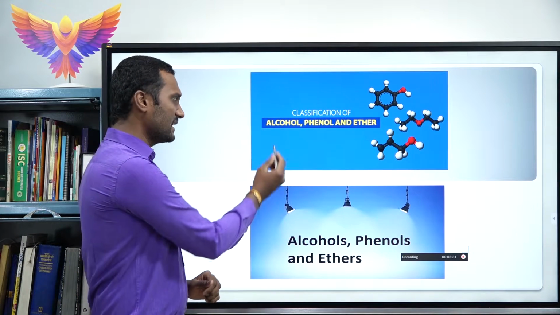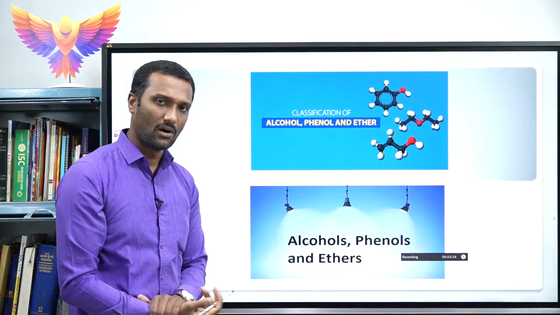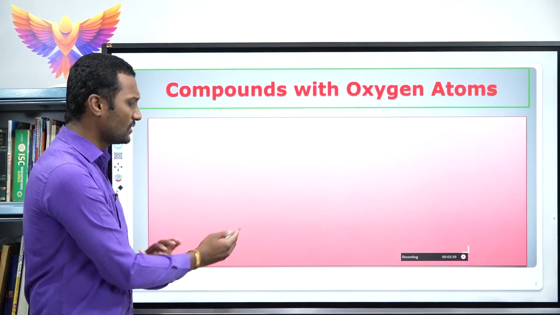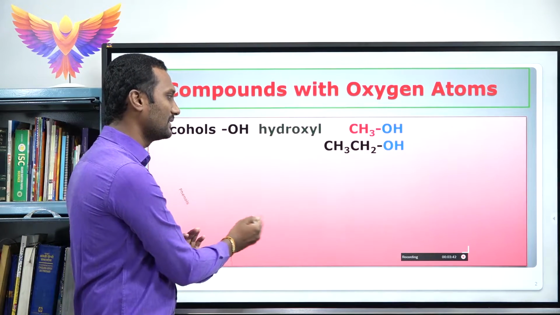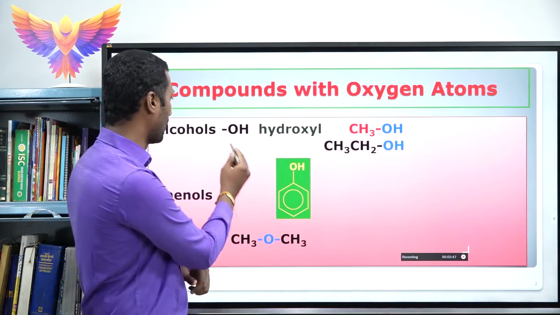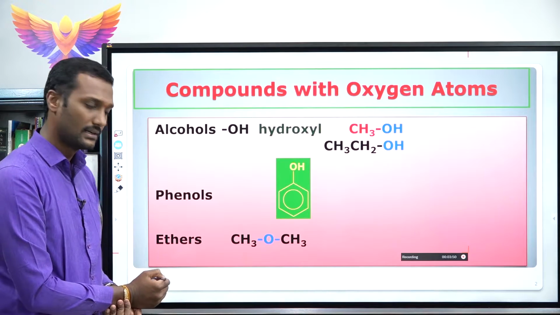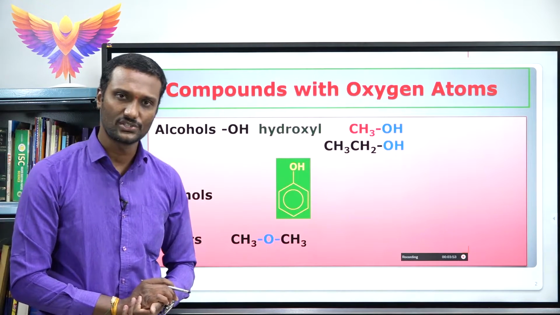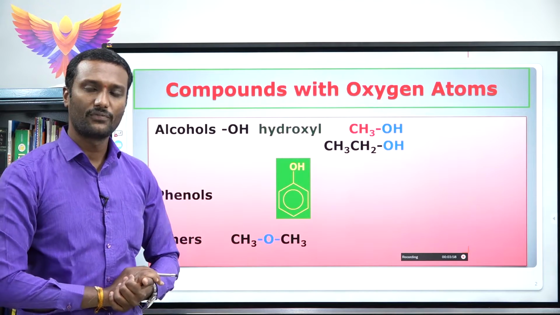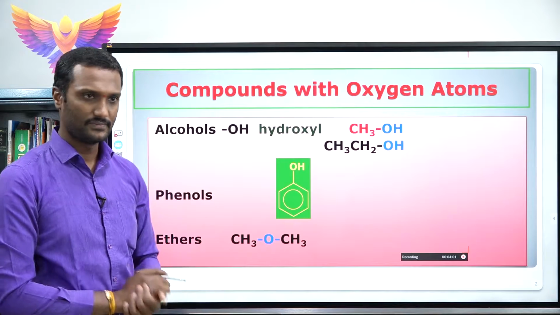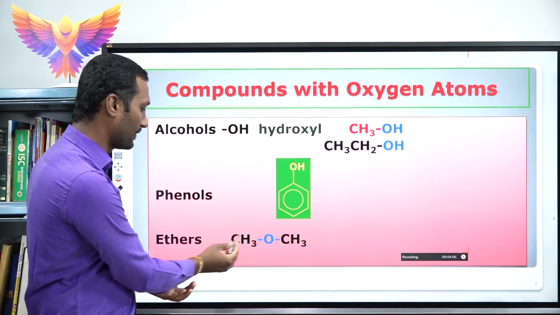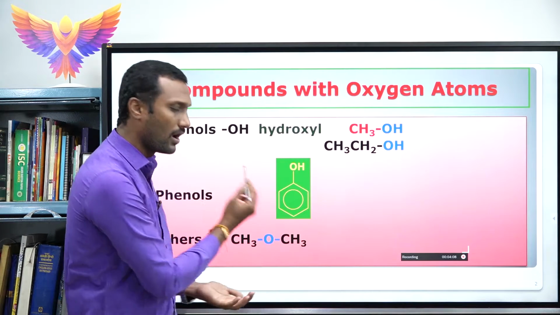Students, there is a common functional group in alcohol, phenol and ether. So what is the common functional group here? In all three cases we can see one oxygen is common in all three different functional groups. One is alcohol, the second one is phenol, the third one is ether. Am I right students? Initially we will take the alcohol; the functional group of alcohol is OH. The phenol functional group is also OH, but for ether the functional group is ROR dash.